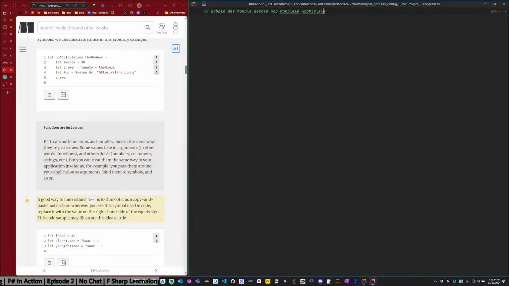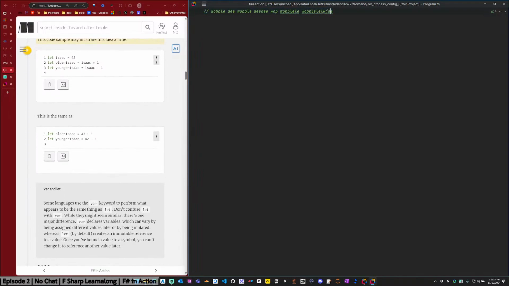A good way to understand let is to think of it as a copy and paste instruction. Wherever you see this symbol used in code, replace it with the value on the right-hand side of the equal sign. This code sample may illustrate this idea a little. See this code. This is the same as